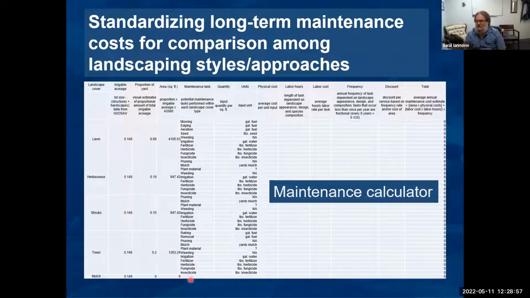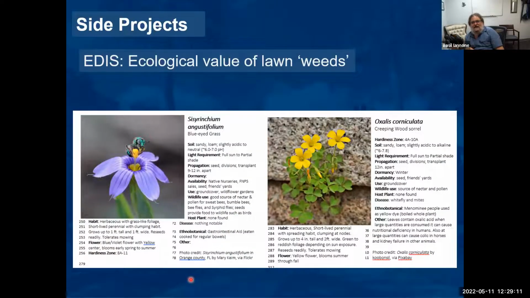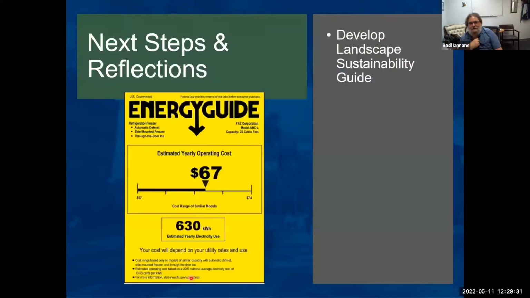Again, landscaper people such as yourself are dealing with problems that people put in the ground and walked away from. Now you are helping people deal with those problems. We're also doing an EDIS publication, which I was just editing this morning. It's looking good. It's almost ready for submission, looking at the ecological value of lawn weeds, these things that people want to kill. There's a lot of native plants that people perceive as weeds that have ecological benefits. And my undergraduate student, Alyssa Malikova, is working on this.